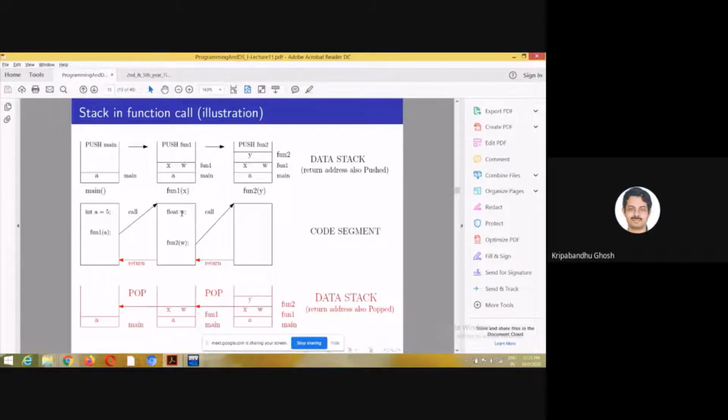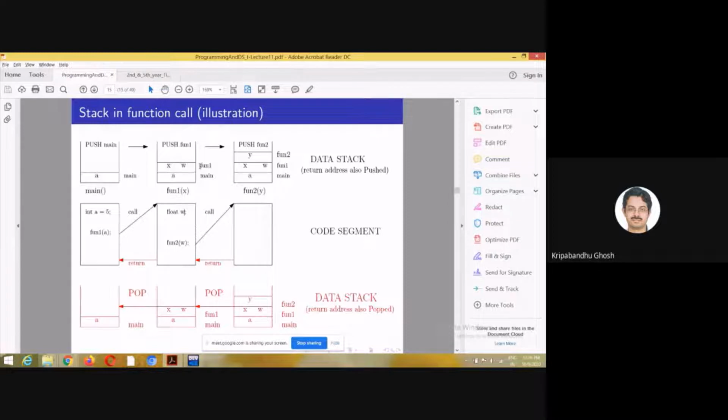Okay, so code segment and data segments are created for this, and suppose we have written another function, func2, and the control goes there. We call func2 with this local variable w, which is inside func1. So whenever this call is done, another compact element is pushed here for func1.